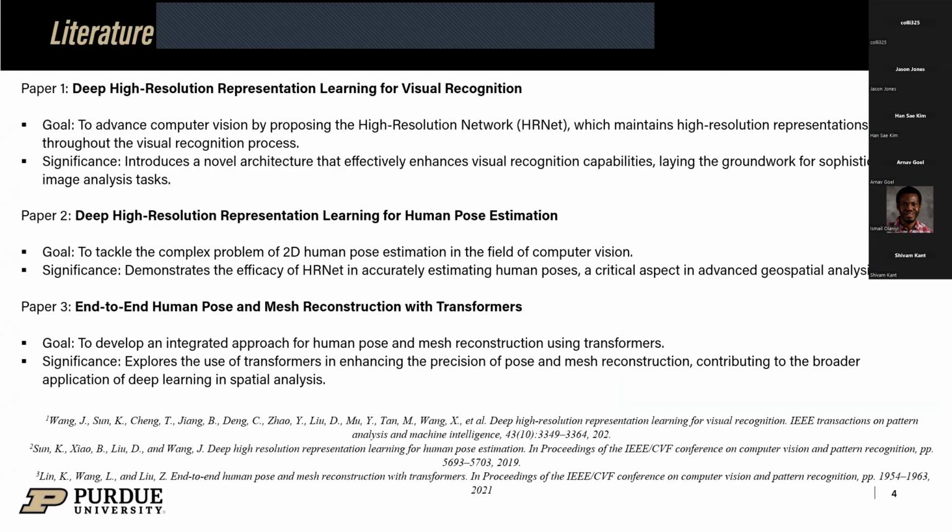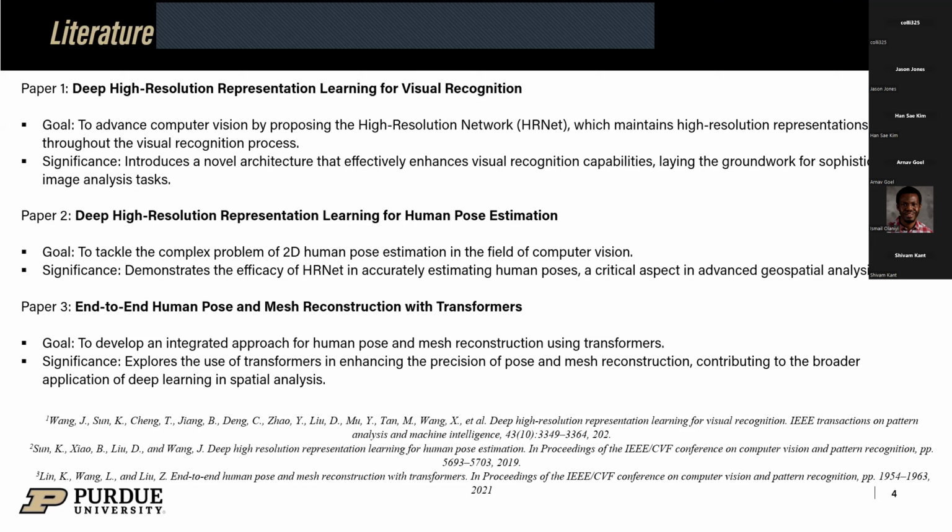To conceptualize my study, let's look at three influential papers that have significantly contributed to the field. These papers not only guide our approach, but also highlight the evolving landscape of computer vision in geospatial analysis. First, we have Deep High-Resolution Representation Learning for Visual Recognition. This paper's primary goal was to advance computer vision by introducing HRNet. What makes HRNet a game changer is its ability to maintain high-resolution representation throughout the visual recognition process, enhancing capabilities